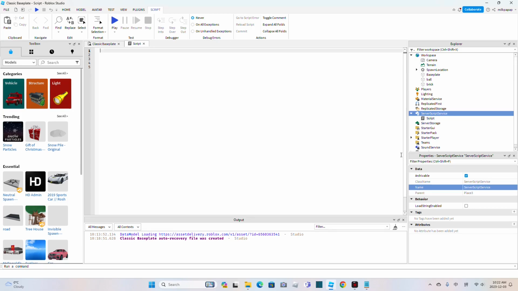In the script, first of all, I will define the ball. Ball is a workspace ball, is the object we have made, and the brick is a brick. And I want to use a TweenService. This is a service that let us to do the animation with object. Okay, and after that,